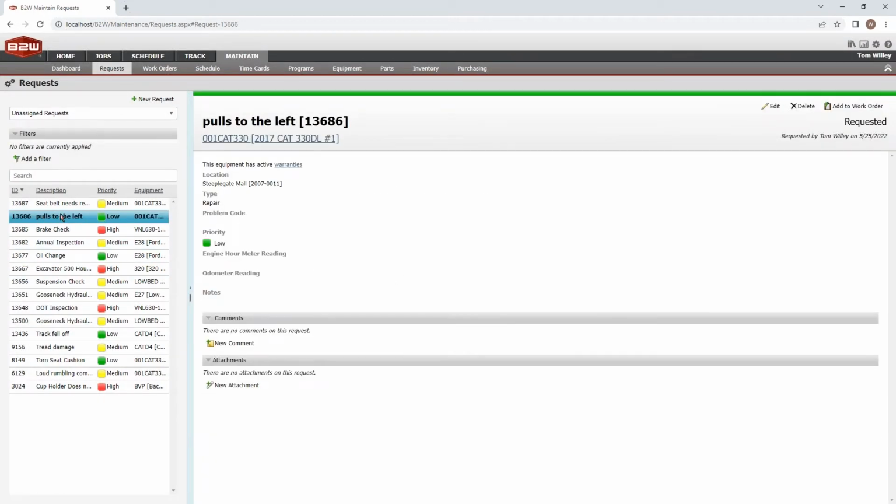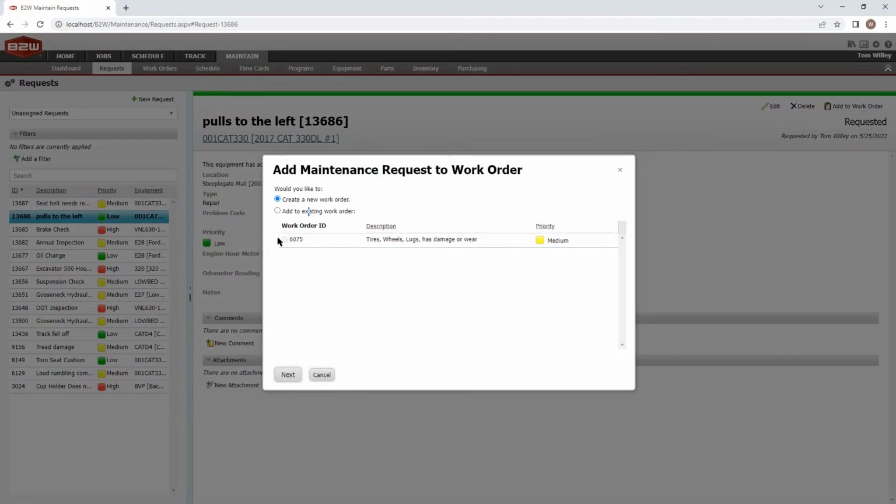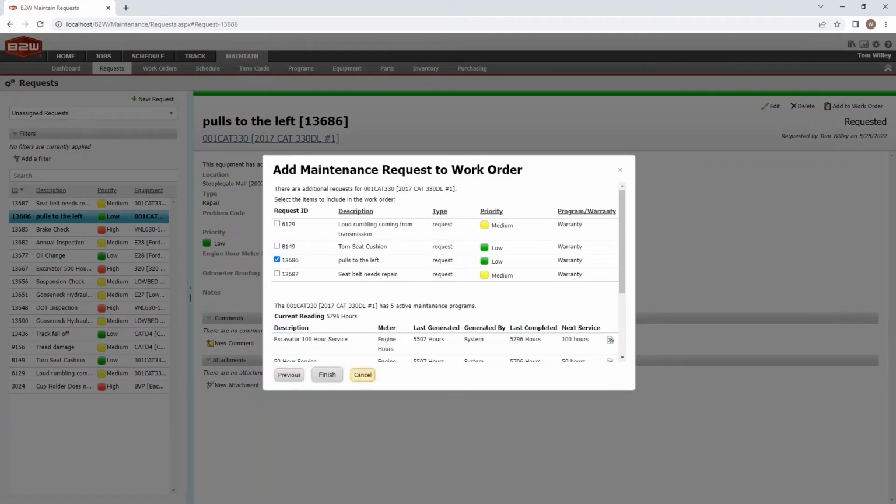I'm going to take one of our repair requests. And also point out that this piece of equipment has active warranties on it. So the system will actually tell you if there's a warranty on that equipment, so you could look at the equipment and see if maybe this is a repair that would be covered by the manufacturer instead of you having to pay for it. So I'm going to put this on a work order, and then what we'll see is